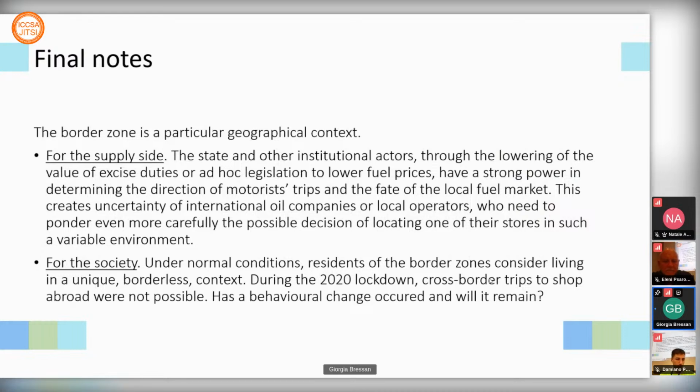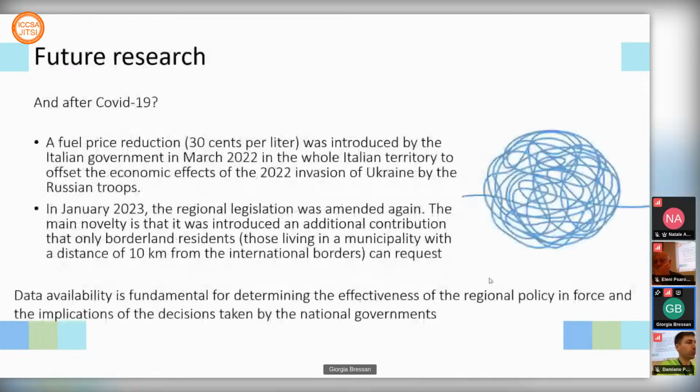The border zone is a particular geographical context also for society, because under normal conditions, residents of the border zones consider themselves living in a unique borderless context. But during the lockdown, cross-border trips to shop abroad were not possible. Will a behavioral change occur, or will it remain? This is an open question for future research. In addition,